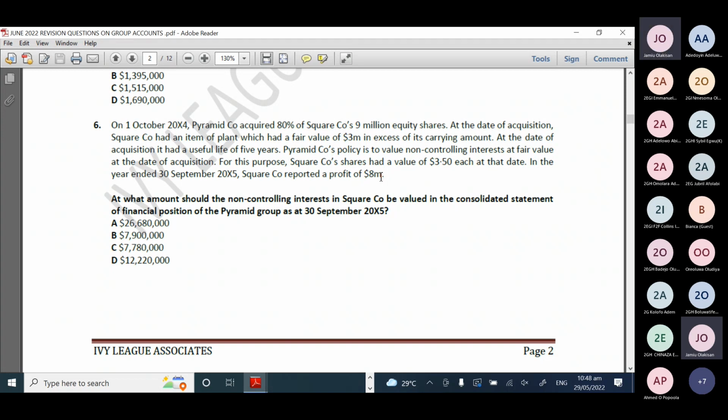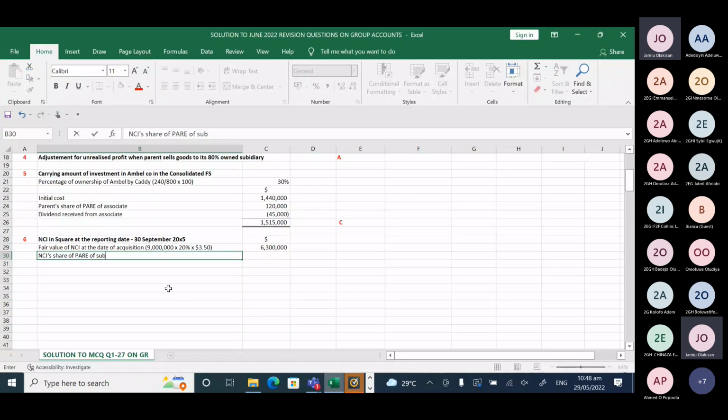Post-acquisition retained earnings before any adjustment is what? 8 million. The only adjustment that will reduce that is the additional depreciation that will be calculated based on that fair value adjustment of 3 million. Given that the useful life of the asset is what? 5 years. So we'll say 3 million divided by 5, multiplied by 1. That will give us the additional depreciation to be deducted from 8 million, such that we have,